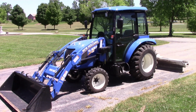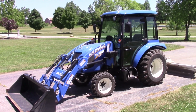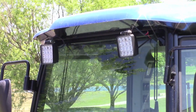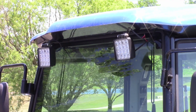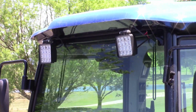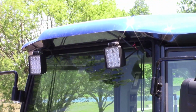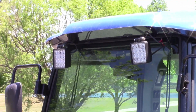Alright, today we're going to have some fun with LED lights, LED replacement lights for the Boomer 40. You can see I've replaced the stock work lights on the Boomer with these pretty inexpensive Asian 16 LED assemblies. Surprisingly, they're pretty well built. They got a huge metal heatsink on the back of them. They look to be pretty waterproof, and it took about 20 minutes to take off the old ones and put